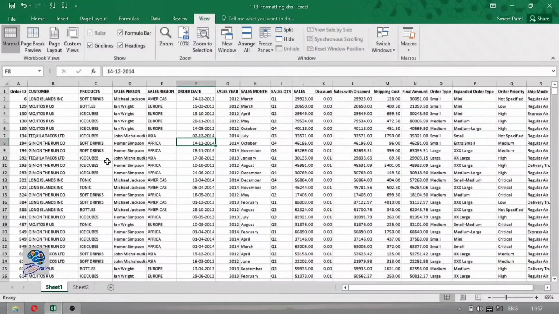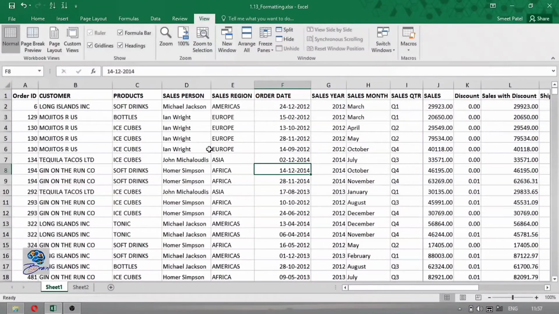I am working in this normal sheet, and I want to adjust my sheet to 100%. So if I click on this 100%, it will zoom my sheet to 100%.